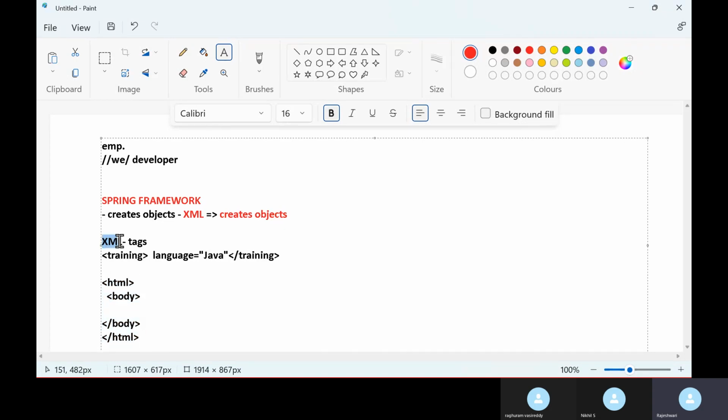This is the HTML format, this particular thing. XML is nothing but we can define our own tags. That is the difference. Okay, extensible markup language, and we can use our own tags here. Sometimes what could happen is we can write it even like this. Training is there, no? The same thing you can write like this, training,